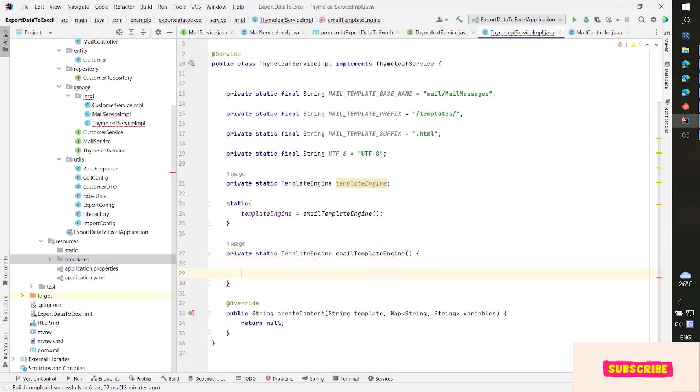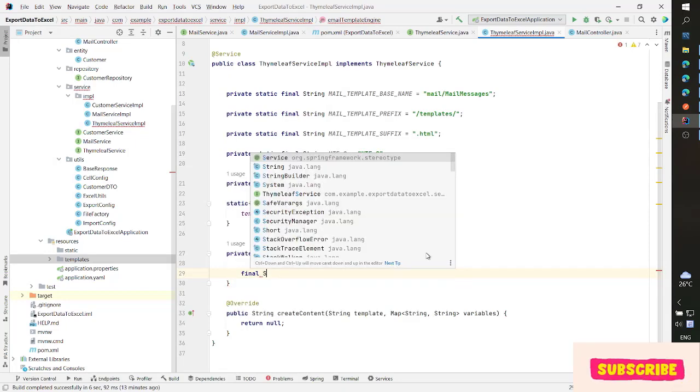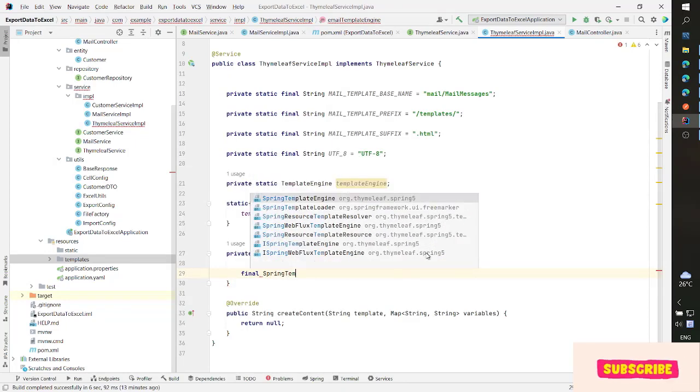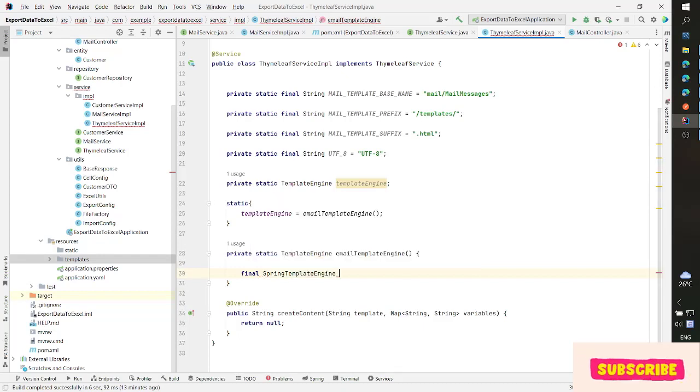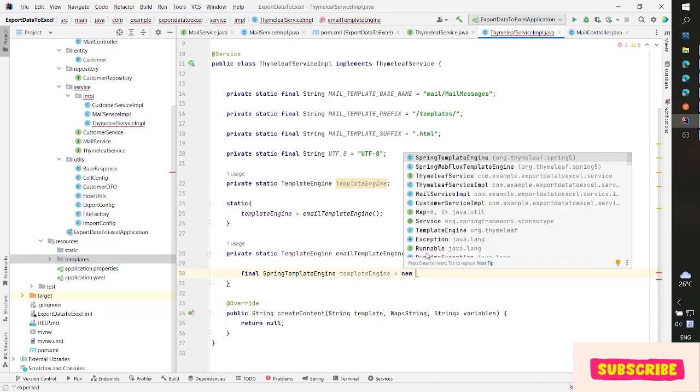In this method we have a final SpringTemplateEngine equal to new SpringTemplateEngine here,